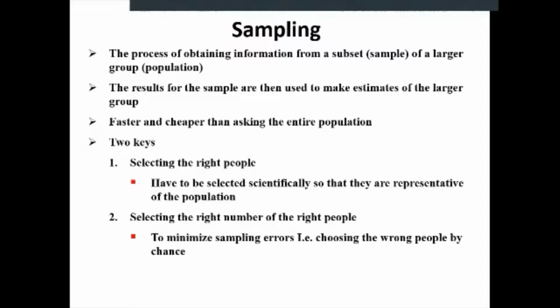Here, your respondents are online consumers. So you have to select your sample or your population from online consumers. You cannot collect the opinion from those respondents or consumers who have not purchased any products online. Therefore, you have to select the right people.